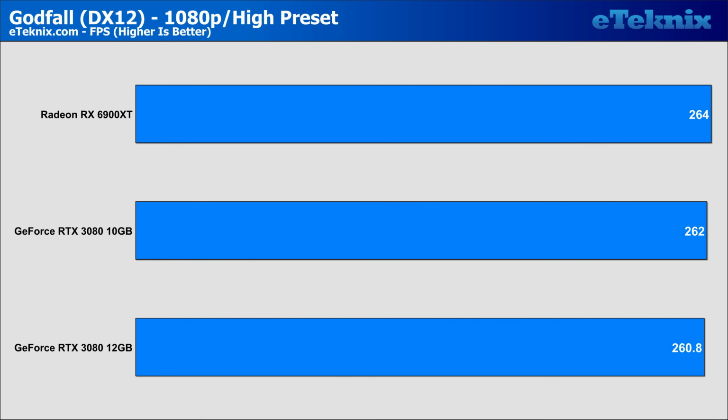Moving over to Godfall, and we see all three cards performing essentially the same. There is a slight variance that puts AMD ahead by a few FPS, but nothing that really makes them a clear winner. At 1440p, that gap shifts ever so slightly, putting the 6900 XT ahead of both Nvidia cards,